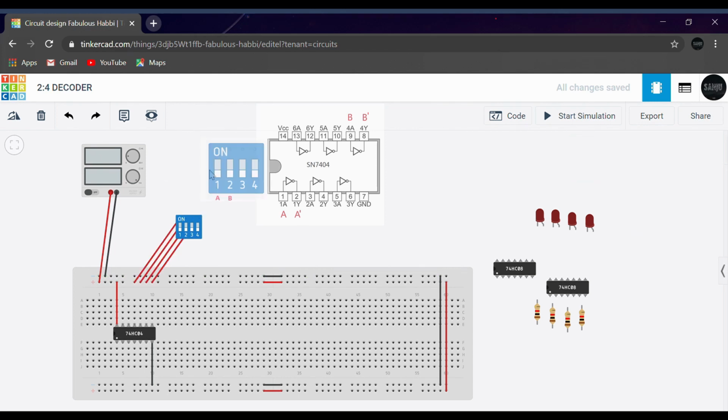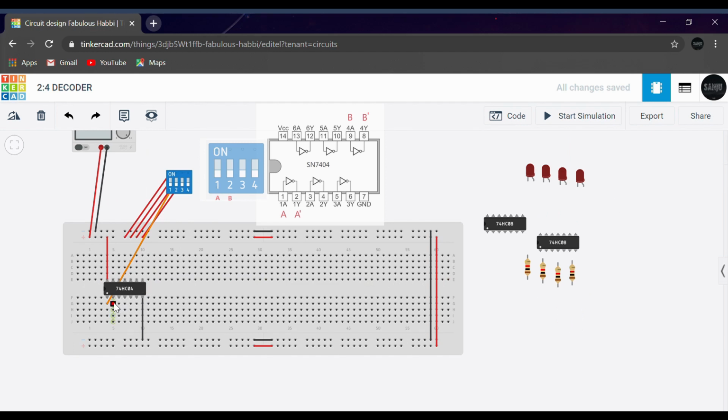Now as you can notice in this diagram here, 1 is the A terminal and 2 is the B terminal. Now let's connect 1 to the first pin in the hex inverter IC, change this color to orange, and the second pin will be A dash. Now let's connect the second pin. You can connect the inputs anywhere in the hex inverter IC by the pin diagram shown. And this 8th pin, I will take it as B dash or B bar.